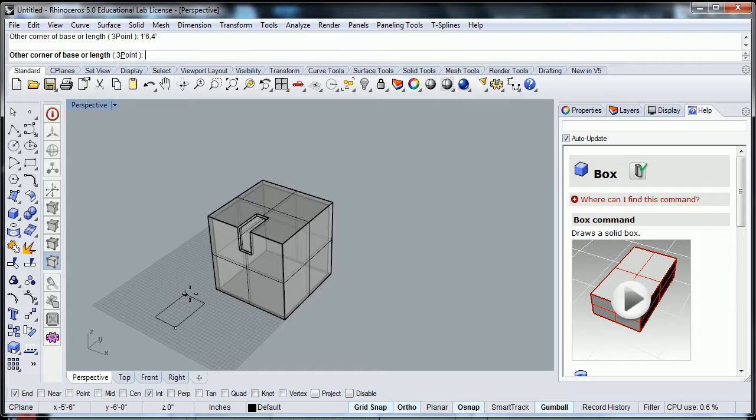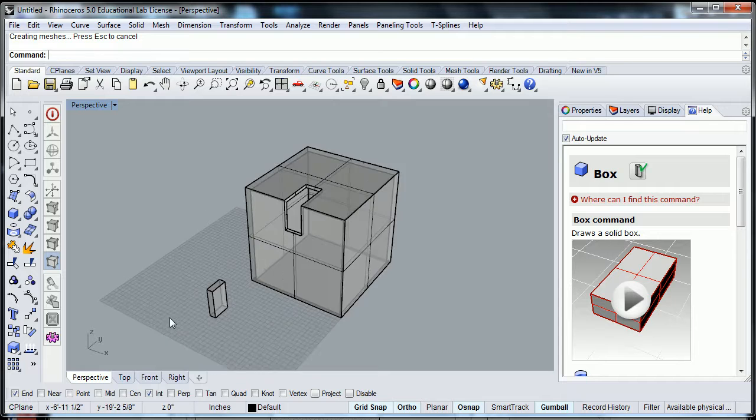Oh, I forgot to put the at symbol, huh? Sorry. At 1'6", comma 4 foot. Enter. Okay, and then the height of that, if I look at the side elevation, it too is 7 feet. So I'll put 7 feet. Enter. Okay, so that's the correct